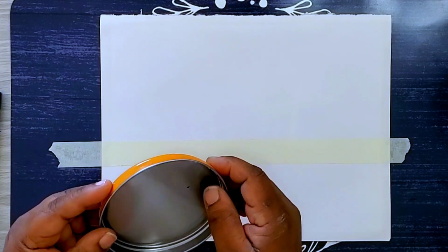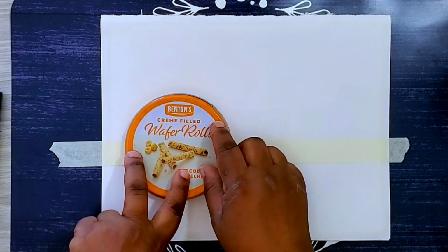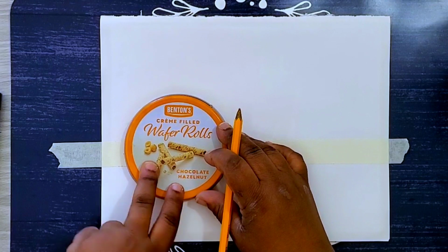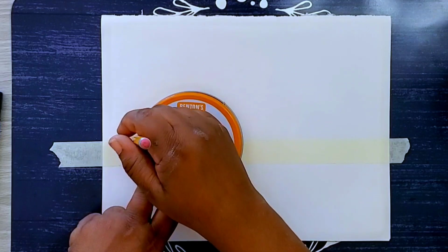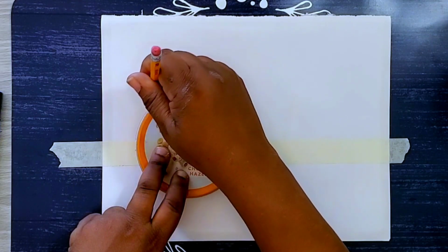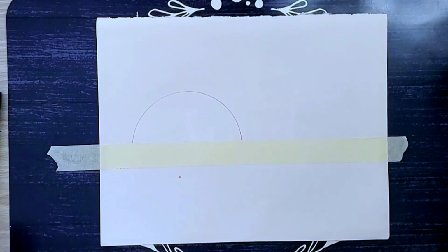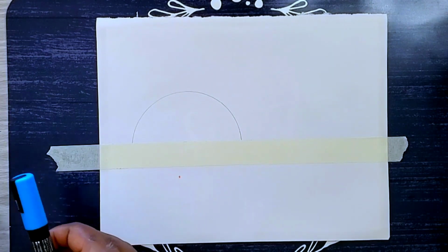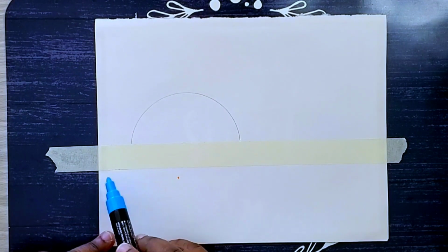I'm just going to use this lid to draw the sun, and I'm going to do it on the side. I'm not going to do it right in the middle. So let's go ahead and draw that like this. Then let's paint the bottom with white and these two. So it's going to be a mix of white